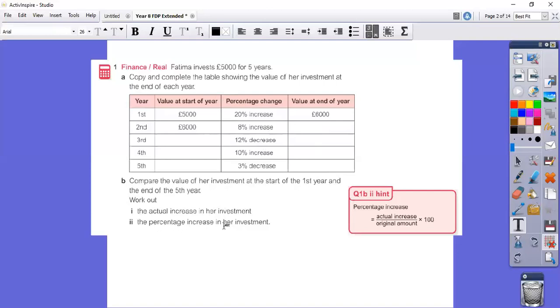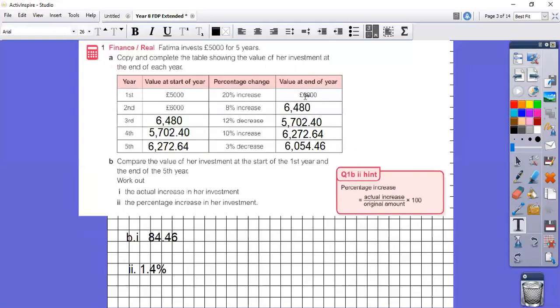And then you need to work out her percentage increase in her investment. So if you look at the hint here, this tells you how to work out the percentage increase, which is the actual increase, which you should have worked out for part 1, divided by the original amount, and then multiply by 100 to convert it into a percentage. So if we now have a look at the answers, only turn to the answers once you've finished your work, yes? Check. So if we look at the answers on the next page, so she has 6,000 multiplied by